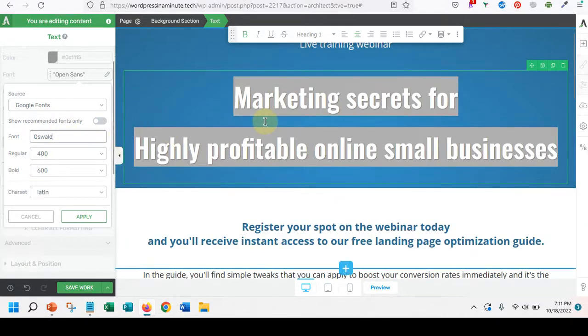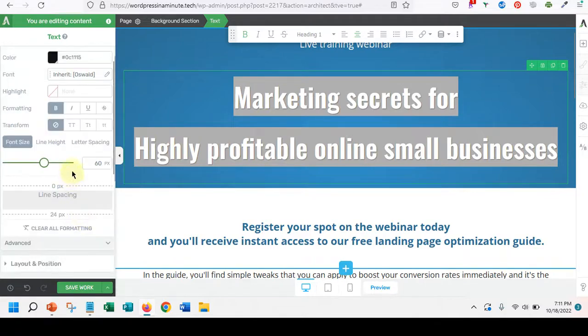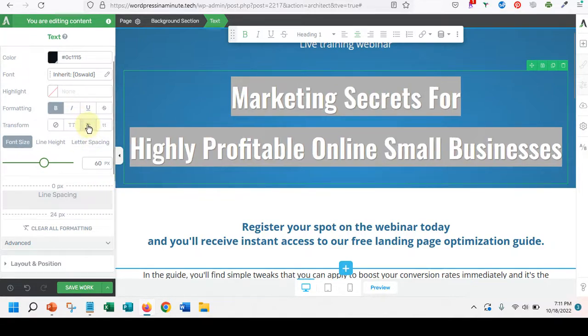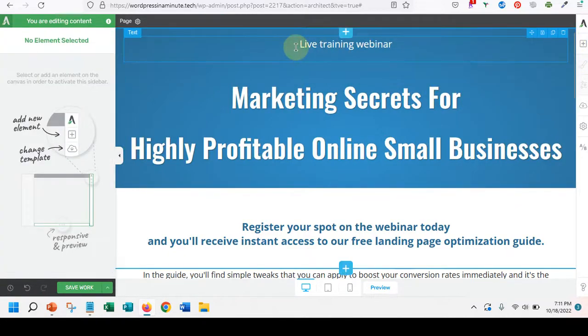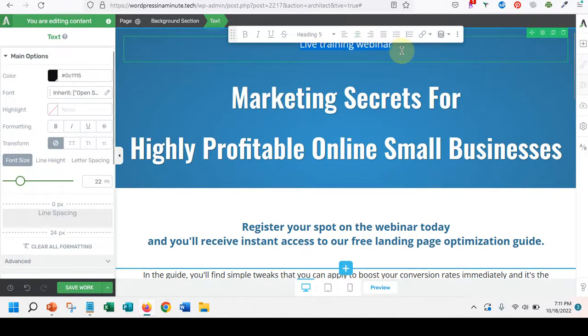Okay, and then we are going to apply that, and then we're going to go right here. We're going to change the case, because this looks like it's just got some large letters and some small letters and all of that. So I want all of it to be in kind of a title format. And then once we do that, we can change this top heading to say, we'll just say